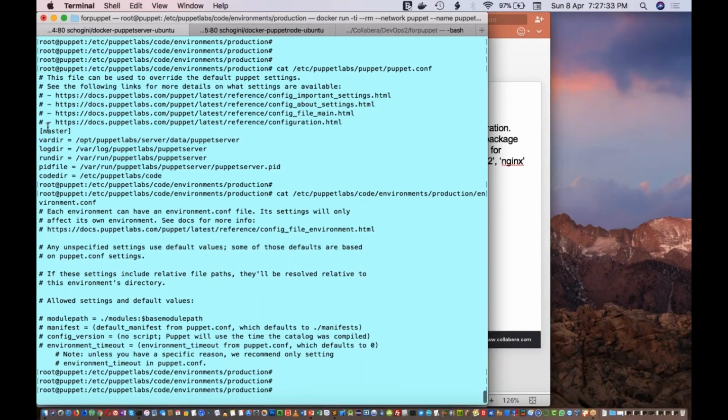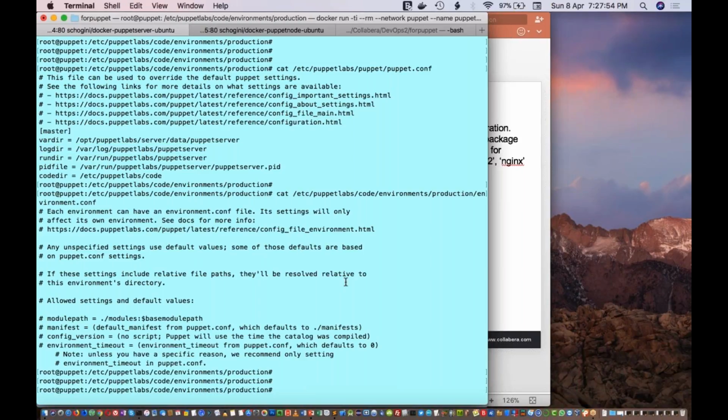And if you want to specify a particular variable for a particular node, instead of master, you can just copy paste this inside your environment.conf, and there you can specify, say, puppet node 1 log directory should be something else. Like that you'll be able to do.